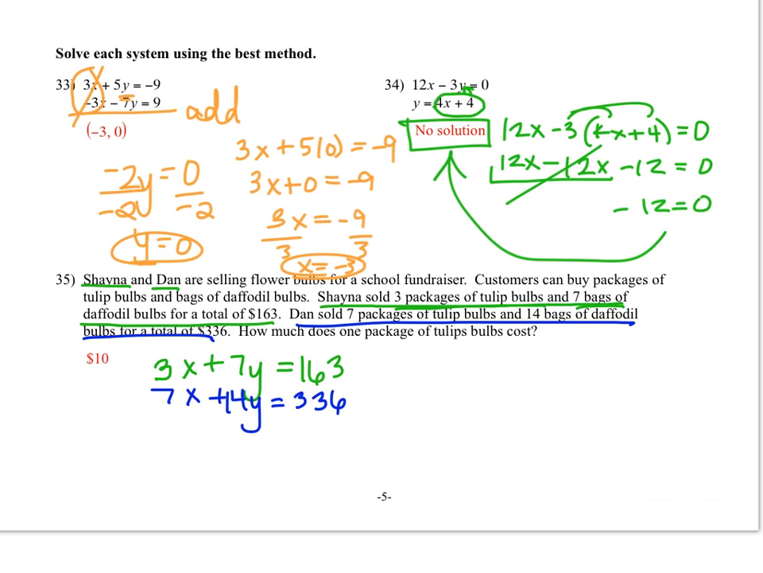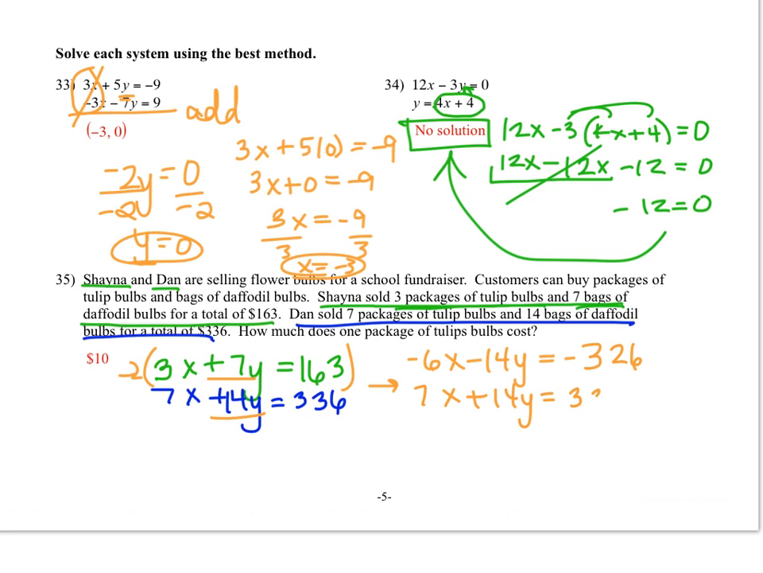And this is again going to be elimination. It looks like these are the easiest to try to eliminate, but if I have positive 14, I need this to be negative 14. That's kind of my goal. So I want to think about how I can do that, and I can multiply my whole top equation by negative 2. All right, so then I'm going to have negative 6x minus 14y equals negative 326. The bottom equation is going to stay the same,